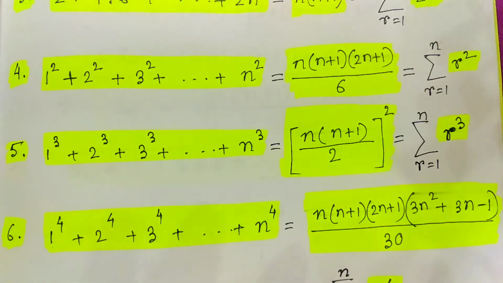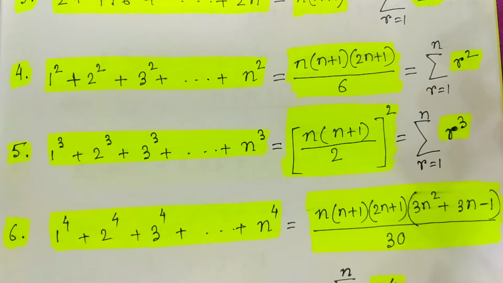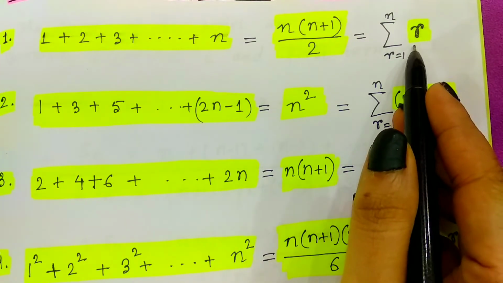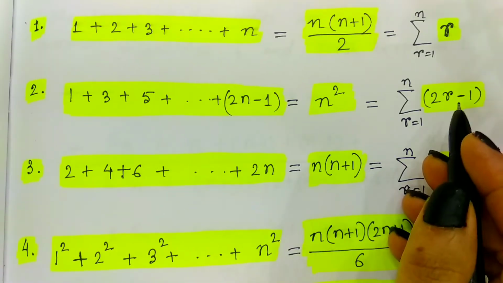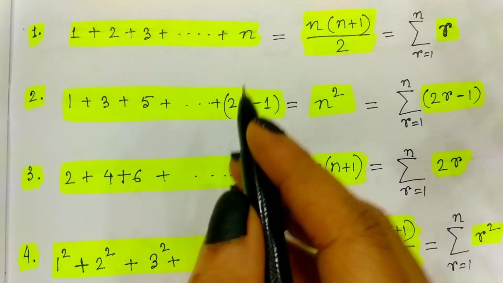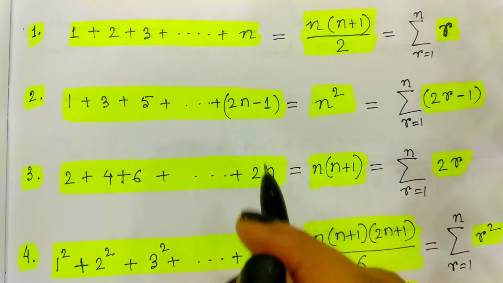How all these values are found, that we are going to calculate in this video. One more thing, just look at this last term. Under the summation it is written r. Here under the summation it is written 2r minus 1. What is this? Actually, from all those series we should find the nth term or the rth term. The rth term is actually the skeleton of the entire series. Whatever the particular value you have, with respect to that you can express any term of the given series. Then this one is what we can call the general term.